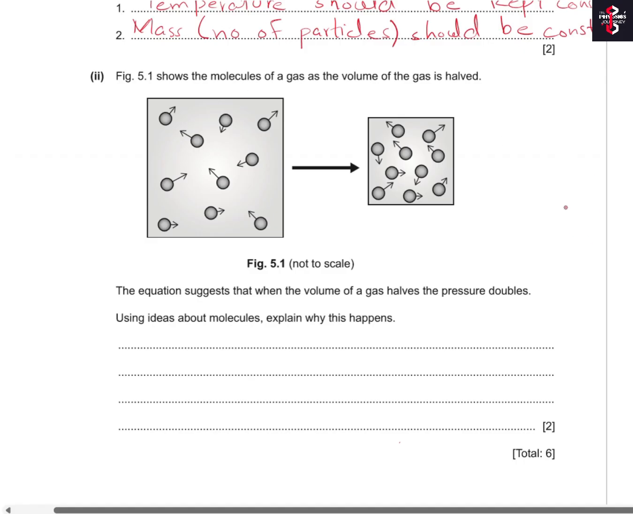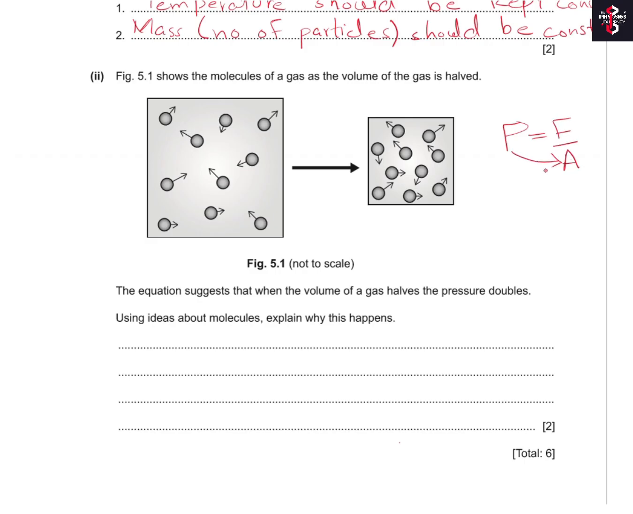So, as we know that P equals F over A. Area and pressure have an inverse relation. So decreasing volume means that we are decreasing area, and when area is decreased, pressure will increase as they have an inverse relation. So I will write the effective